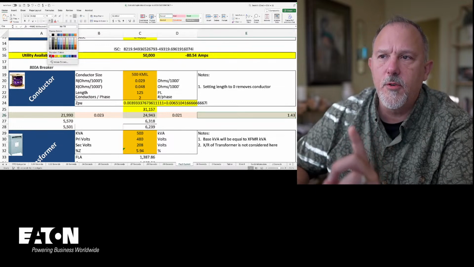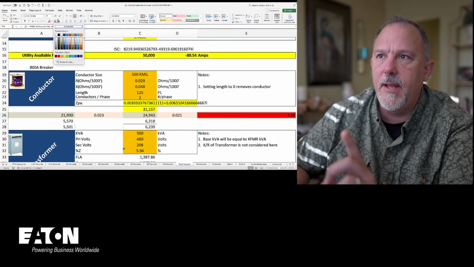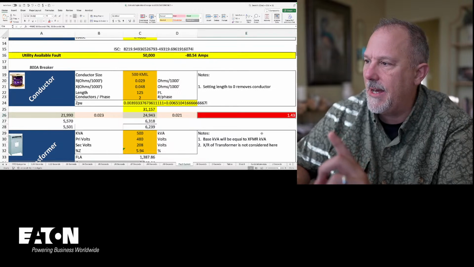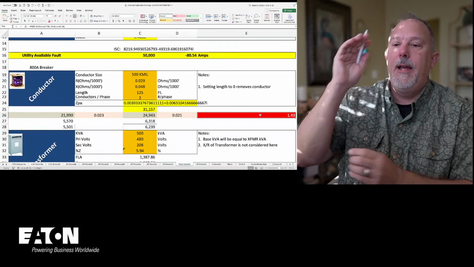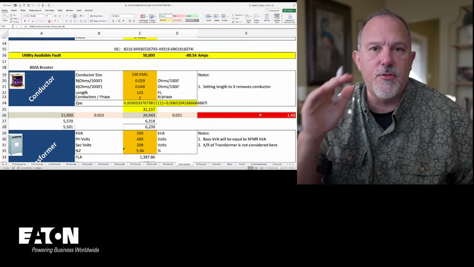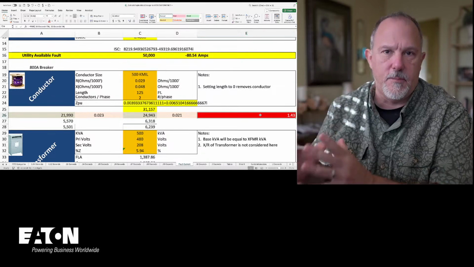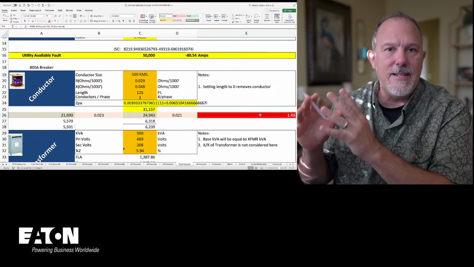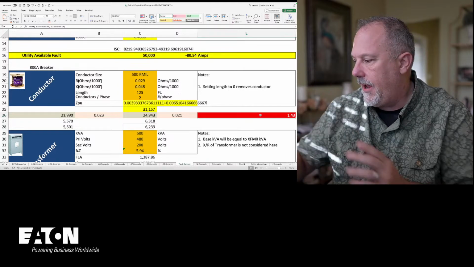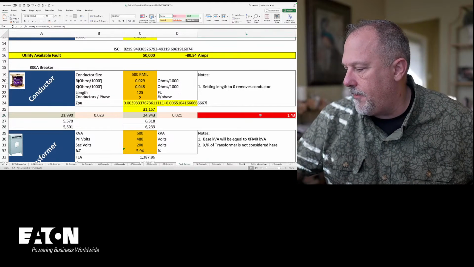here's what we're gonna do. We're gonna make it red, and we're gonna make the letters white. All right, so there's my calories per centimeter squared at the line side of this 500 kVA transformer downstream of an 800 amp circuit breaker. I'm in the instantaneous region on the minimum arcing current, and that is based upon,